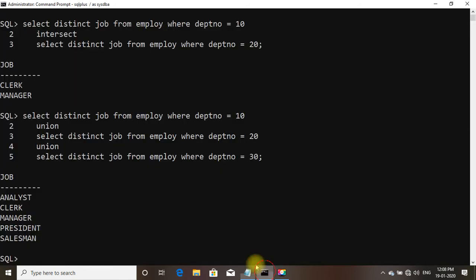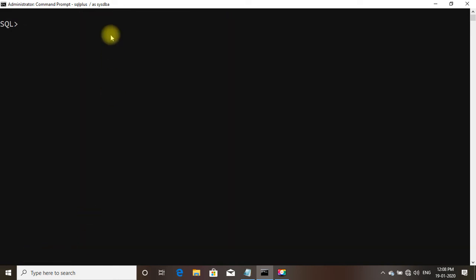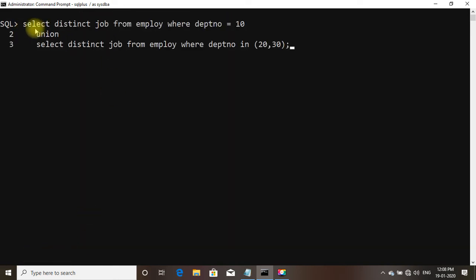Copy, clear the screen. Select distinct job from employee where department number is 10 UNION select distinct job from employee where department number in 20, 30. So department numbers 20 and 30 both are included: analyst, clerk, manager, president and salesman.